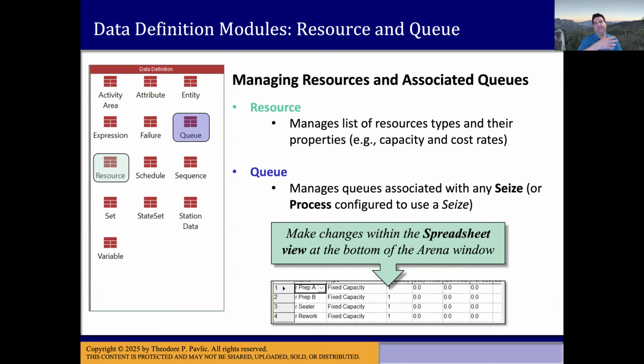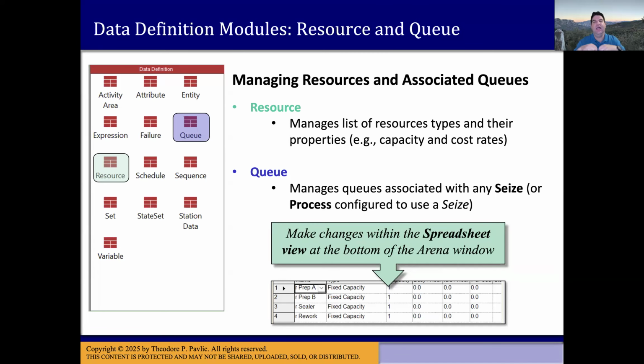And so if you've got a bunch of clerks sitting around not doing anything, then maybe you want to keep track of their idle time and actually say, like, how much are we paying them per hour for them to just sit there idle? There's also a queue module, which is related to this, because whenever the resources aren't available, then entities have to sit in a queue. And that queue module, if you click on that, that will actually show you the properties of any one of those little T-shaped queues that have